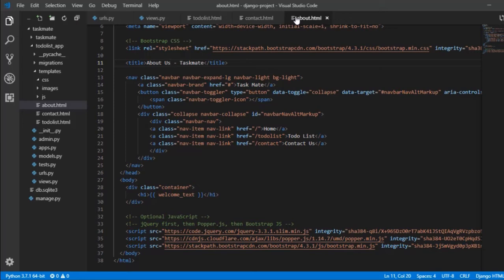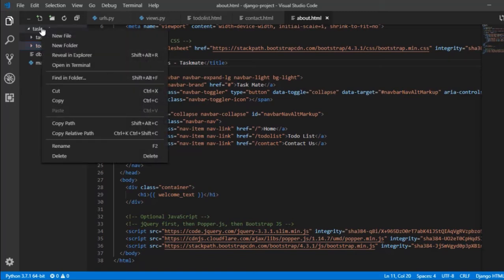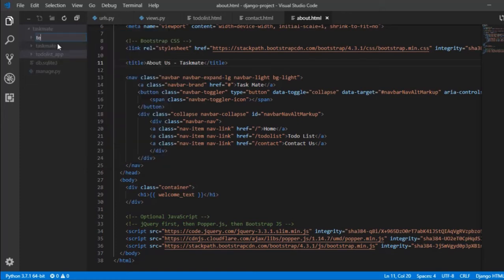So what we are going to do is create a base template. For that, we will be creating a template folder in our project file, that is our root project. Currently, this template folder belongs to our to-do list app, but we will be creating a new template folder inside our base folder called templates. Inside that, we will be storing all the common HTML files, images, CSS and JavaScript. So just create a new folder called templates. And this is going to store all the base HTML files from which we can just inherit this common content. So let me create a base.html here.